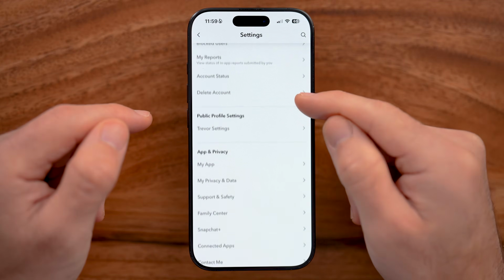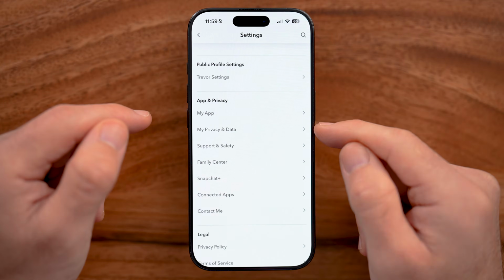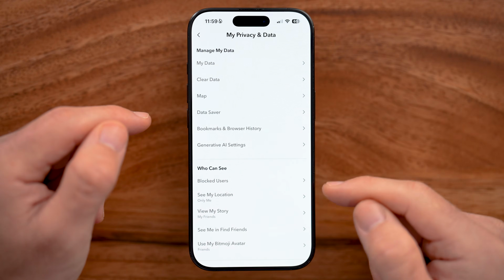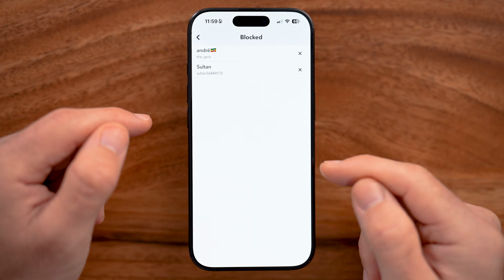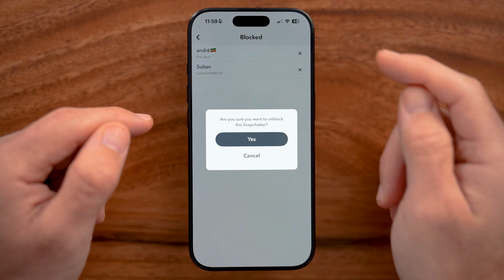So now the block or unblock is towards the bottom here in privacy and data. So just tap on privacy and data. And now you'll be able to see towards the bottom there is blocked users. Just tap on that. Now within here, if you've blocked anybody, you can just tap on the little X and